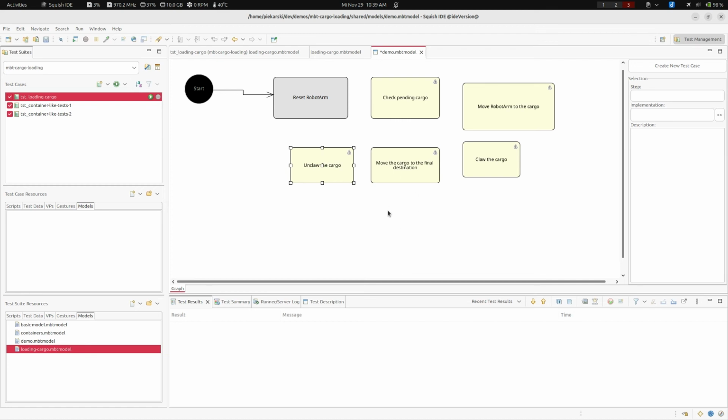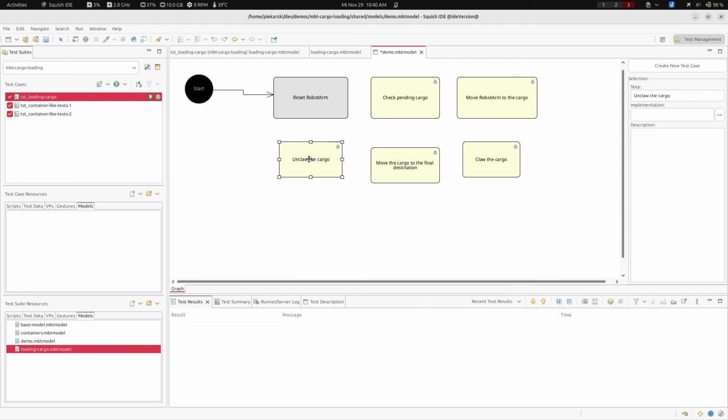Okay, so let's just switch to the edit mode. And let's just arrange that a little bit. I just like to have them all aligned, and soon the Squish IDE will also offer an auto layout option which will arrange those little rectangles in a nicer way. Okay, I won't spend too much time. So let's just switch to the link mode, and let's just connect.